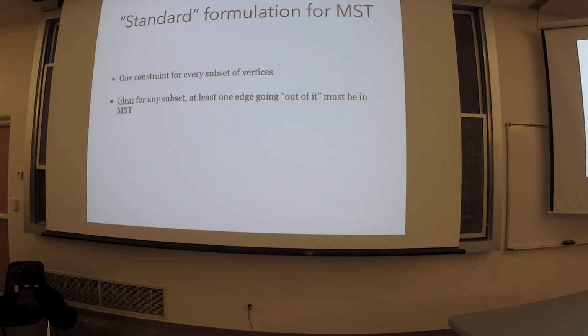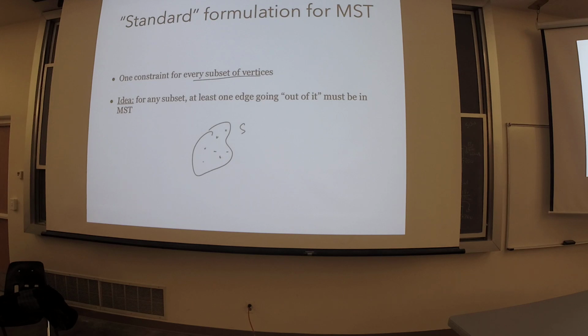And I also wanted to mention another canonical formulation that people often write for minimum spanning tree, which is this one. This is also exponential sized, but it is slightly simpler than the cycle formulation because at least you don't have to enumerate all cycles. So the way this one goes is you have one constraint for every subset of vertices, and this is based on the idea that if you have a spanning tree, and if I take any subset S of the vertices,